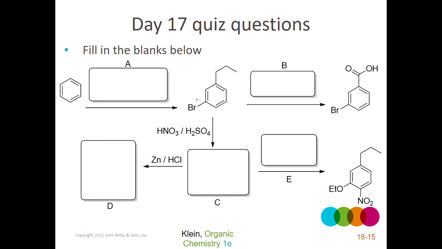And what I'm noticing here is I want these two groups to end up meta with respect to one another, or 3 carbons away. So what I need to install first is a meta director and then install the second group. And I know bromine is an ortho-para director. This propyl group is also an ortho-para director, so I'm kind of stuck. So that prompts me to think, okay, since I know I can't install a primary alkyl group anyway, because of the rearrangement that occurs for a lot of the molecules, I'm going to set this up